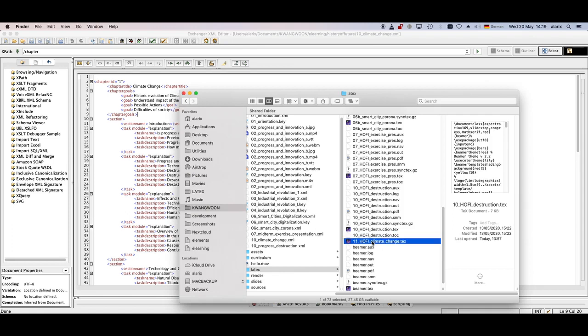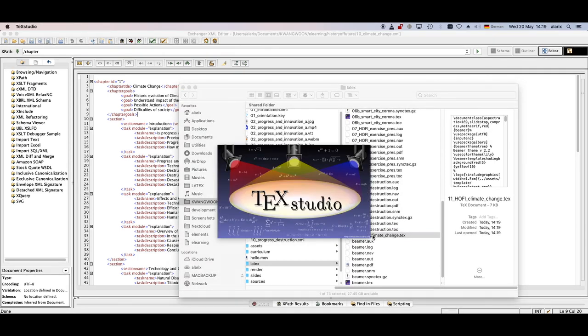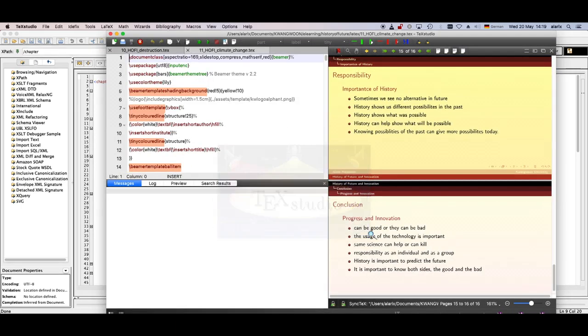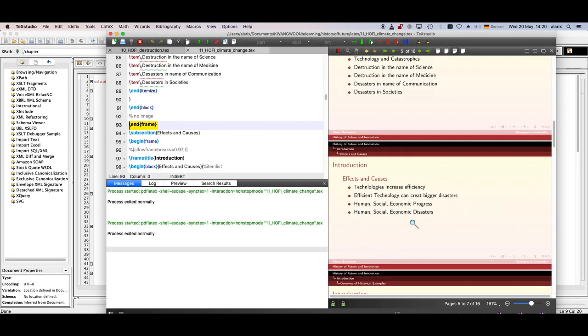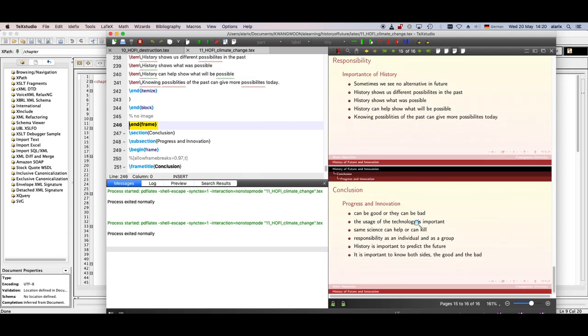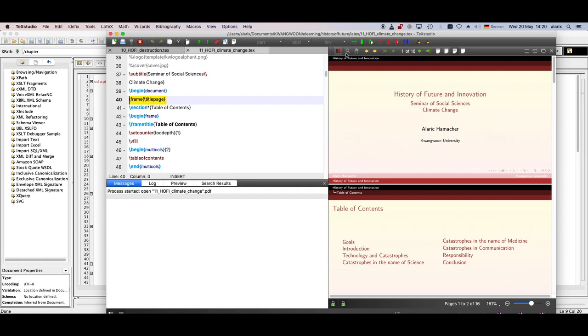Now let's have a look. We see here is the new created file, and this file will open with the software TeXstudio, and we see that we can immediately compile the file, and we have here now social science seminar and of climate change. So this presentation has been generated automatically, and the PDF comes now from the style sheet transformation that I made from my meta language, and we can see this